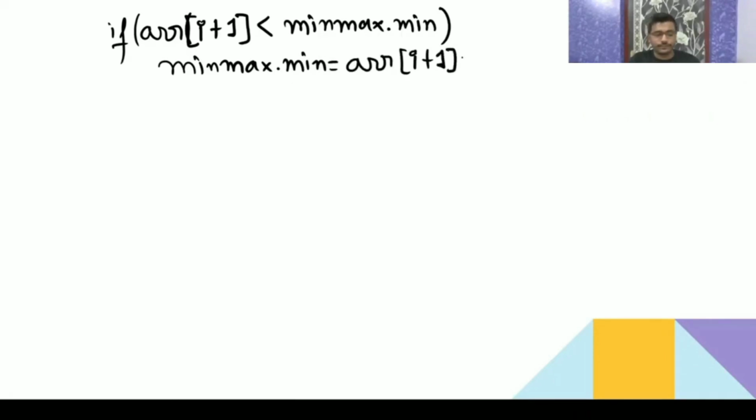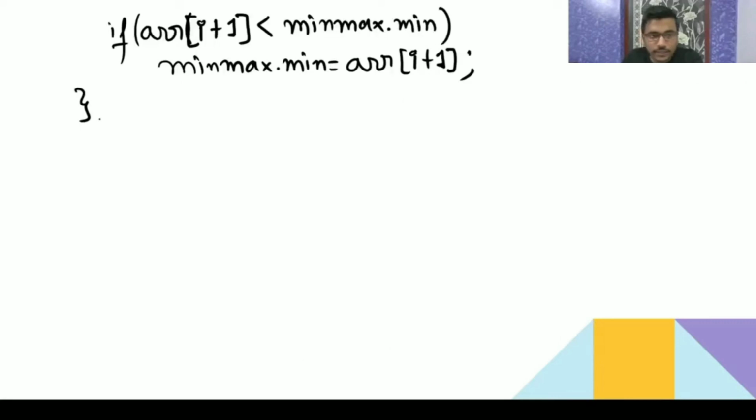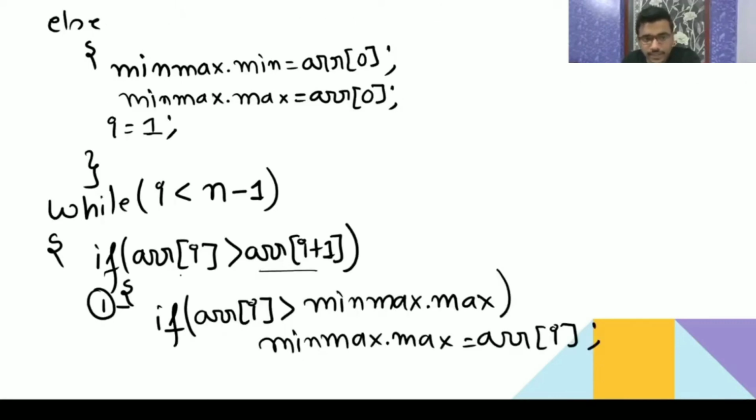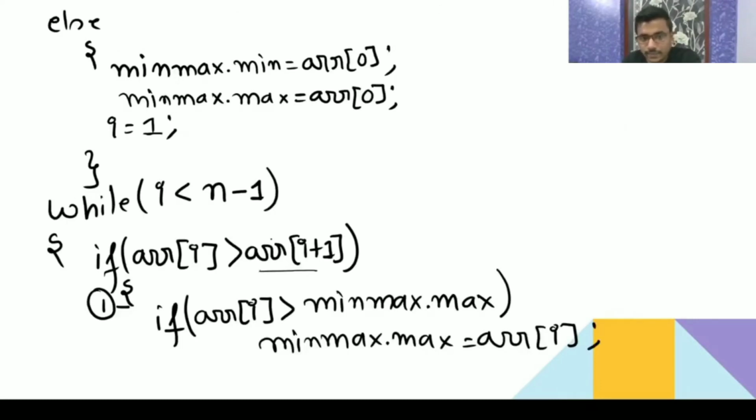Okay. Now this if is done. See, for this if, let us assume 1. For this if, it is done when the first element is greater than the second one. Between the two in a pair, if the first one is greater than the second one, then check again whether this is greater than that, or check the next one. Else case, what will happen? Else case means this is the greater.